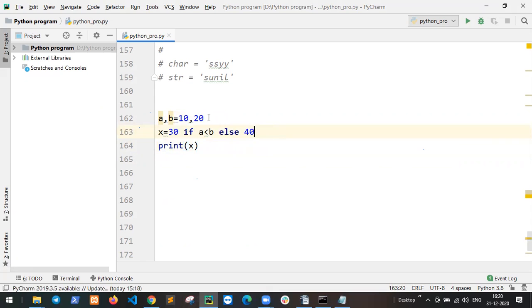So same thing, a, b. a assign 10 and b assign 20. So x equal to 30 if a less than b, else 40. So what will the result? x is 30 if a less than b. So this condition is satisfied. So the result is